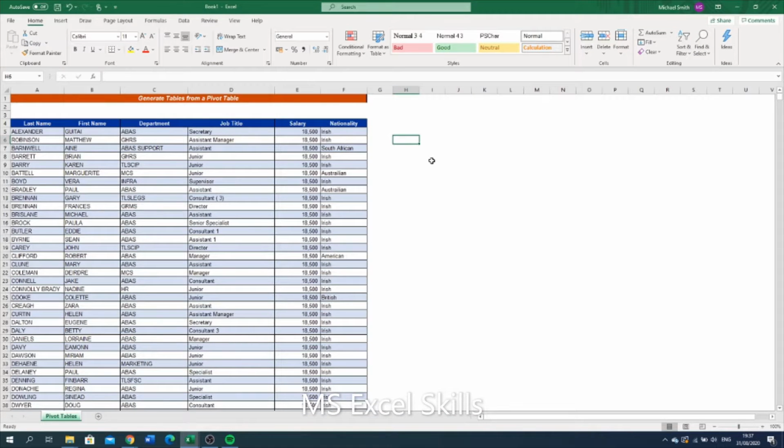We can generate tables from a pivot table. How we do this is we double click on a specific section of a pivot table, which will automatically generate a listing. So let's look at an example. Here in this blue data,